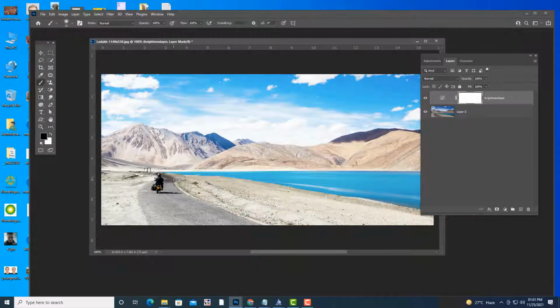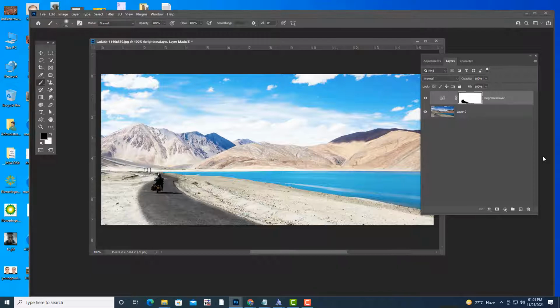I am not applying black color here. I am removing the effect. See here, I am removing the effect from this road. And you can see here it is working exactly like a mask.